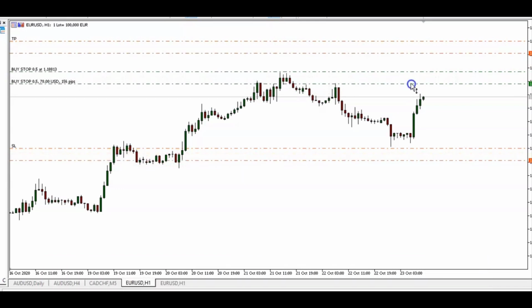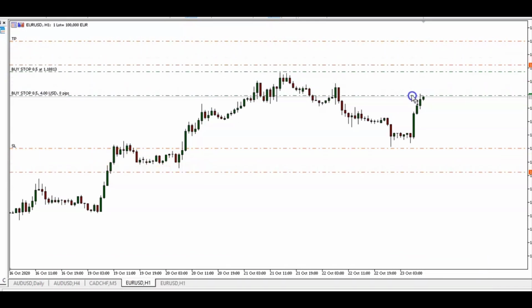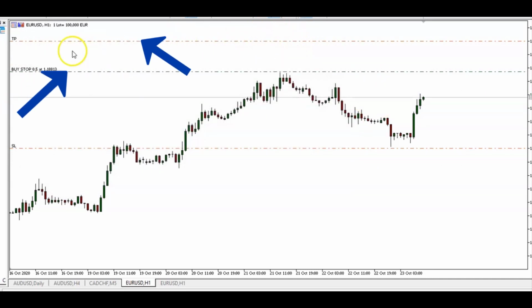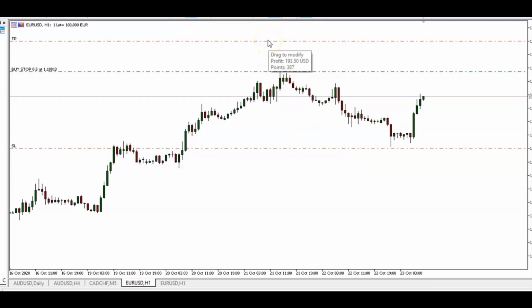And even if you wanted to do that and you got filled afterwards, you could then drag these take profits and stop loss afterwards. But the issue with this is that your stop loss and take target orders will only get filled or become active once your buy stop order has been executed, and you can only place one target. If it goes down, your position will be closed because your take profit order is also attached to this